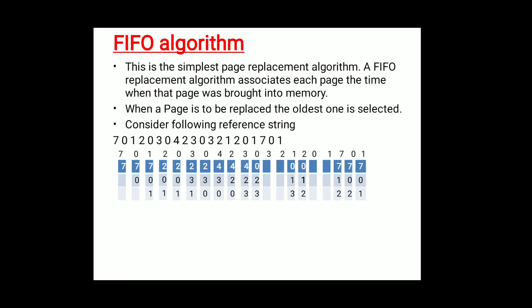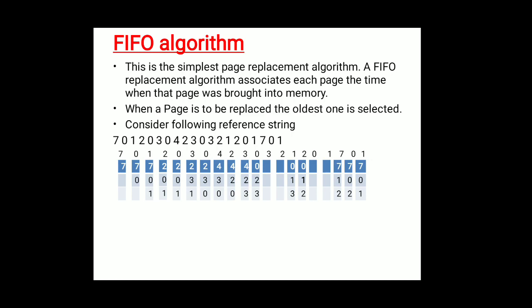So page number 4, as you can observe, even 2 3 0 is already occupied. There is no space for the page 4 to sit in the frame. So which page has to be replaced? So 2 will be replaced by 4, so 4 3 0, and this will be marked as a page fault.